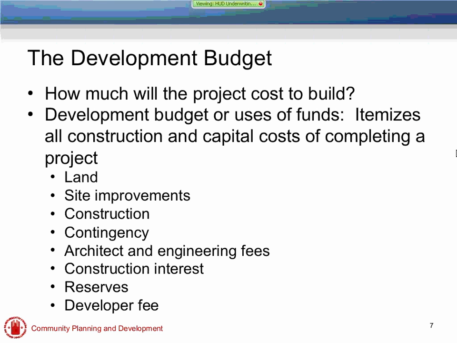Some of the major items. Obviously the land, and whether that's a new construction site or an existing building. You have to look at the land and what is going to be required to gain access to that land if it's not already owned by the developer. Site improvements. Again, looking at zoning is a good example here. If it is a new construction project, are the utilities that are required already out at the site, or do those utilities have to be brought out? That's going to be a cost.